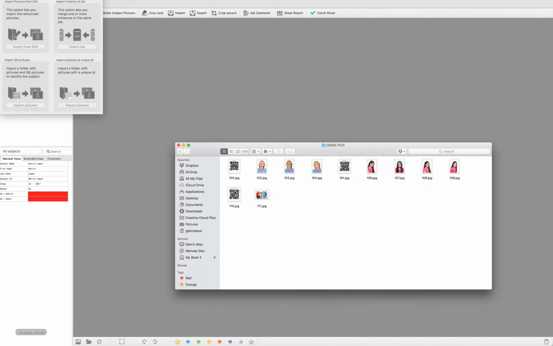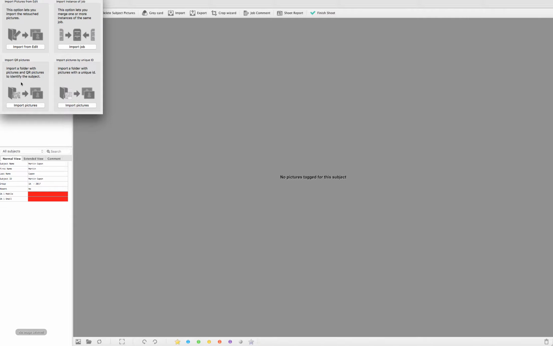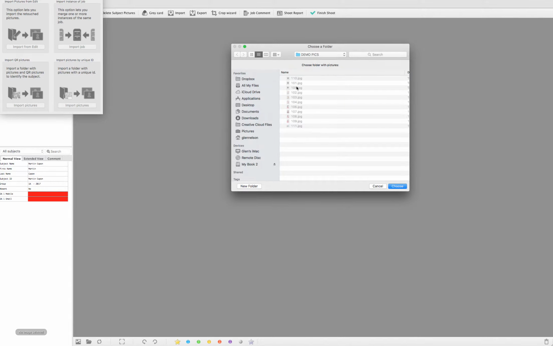And as you can see, I've photographed the QR code and then 3 images of this particular subject, then the next QR code, and then this particular subject. And I've even gone ahead and shot a group QR code and a group image, a traditional group image, just to give you an example. Okay, so what I'm going to do is go to import QR pictures, locate them, which they're already there, choose,